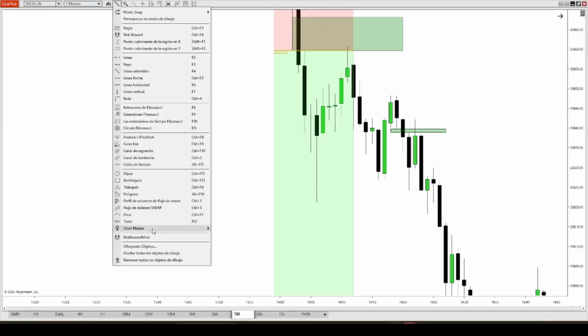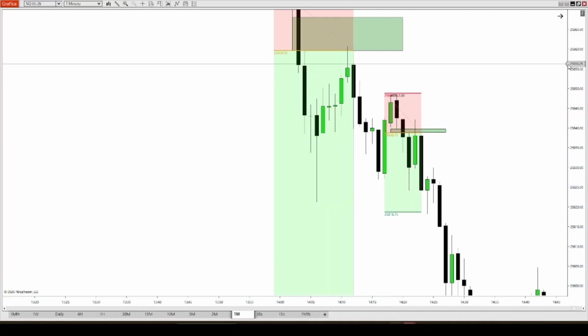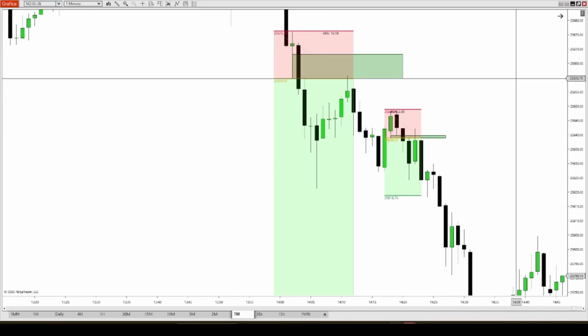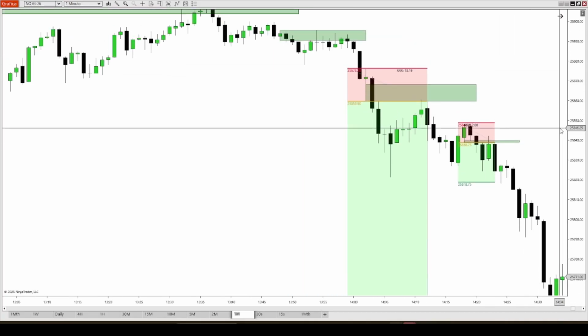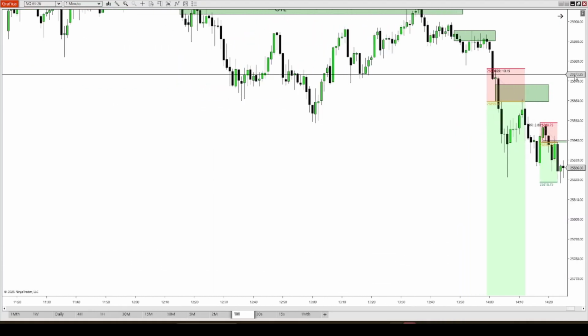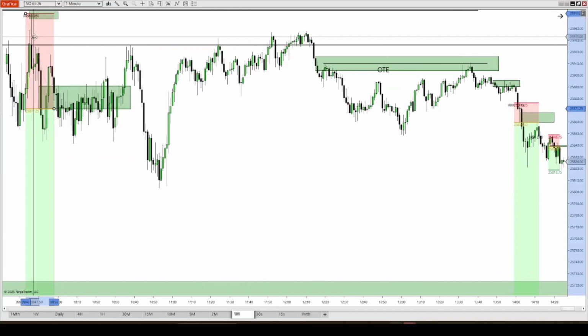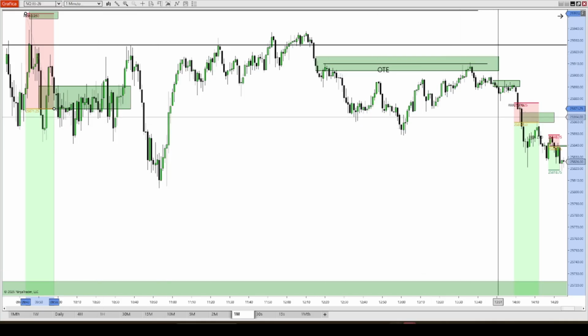So you have a second addition. This is your first addition to the trade that you already have. And this one is your second addition. So you should be trailing your stop losses. For instance, if we have our first trade right here and we took this one and the stop loss was at the top of our order block, we can trail